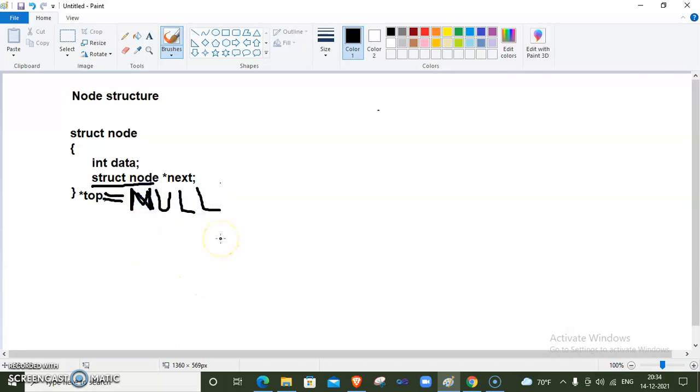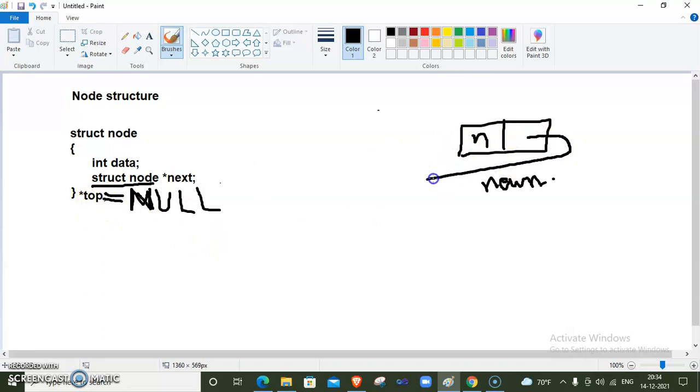Now what happens when we first insert an element? What is our code? We allocate memory for the new node. This is the new node. We adjust the data part as n, and we assign the link part to top. Whatever the current top is, we store it as the next of this node.